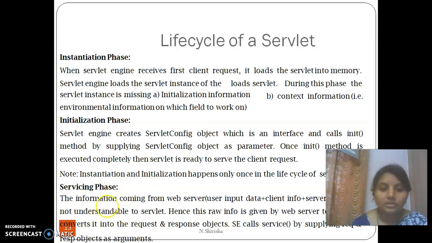Then coming to the servicing phase, the third phase of your life cycle, the information coming from the web server, that is the user input plus client information plus server details, is not understandable to the servlet. Hence this raw information is given by the web server to the servlet engine, which converts it into request and response objects.